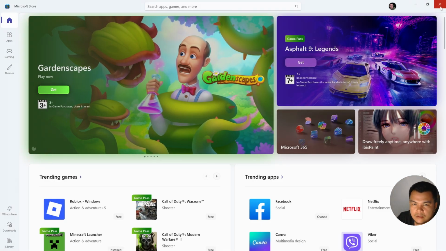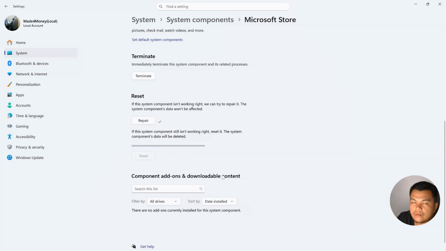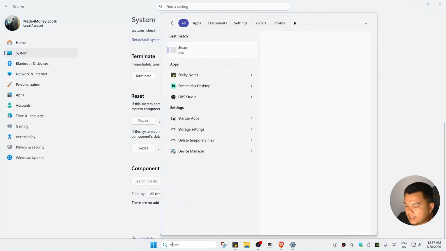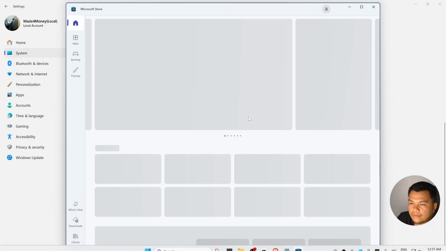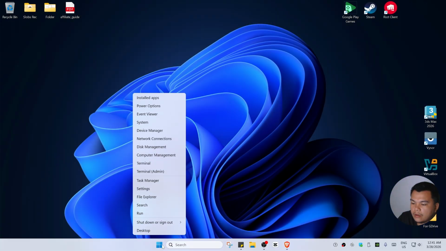If not, again, just close the store and then just click on Reset right here and click on Reset. Okay? Wait for it. And then once done, test it out again. Just like so. Now, if that still won't work, we are going to need to right click on the Start